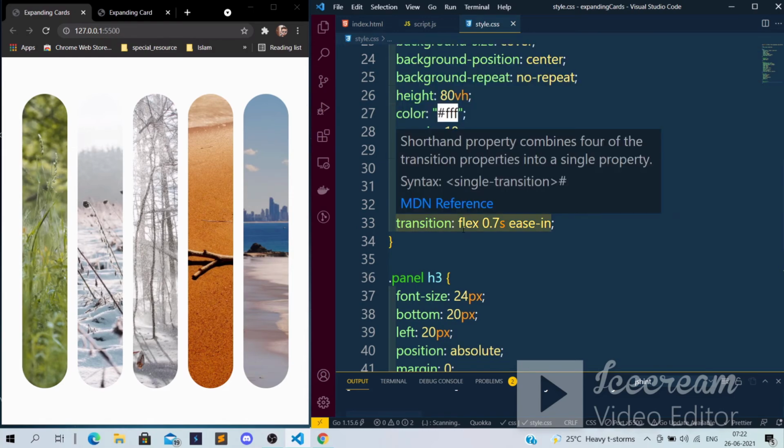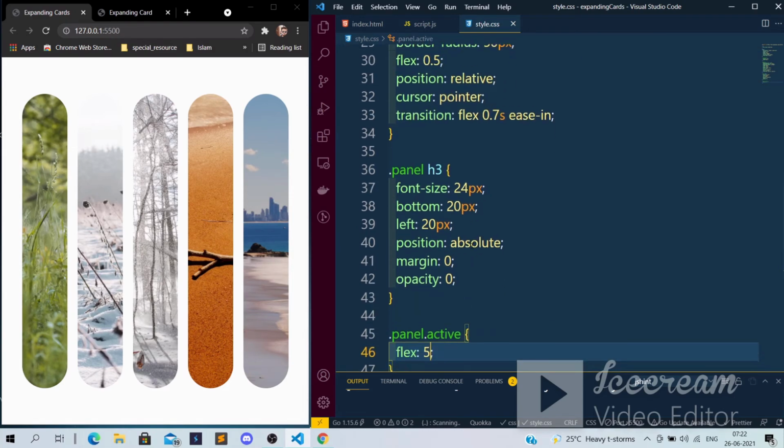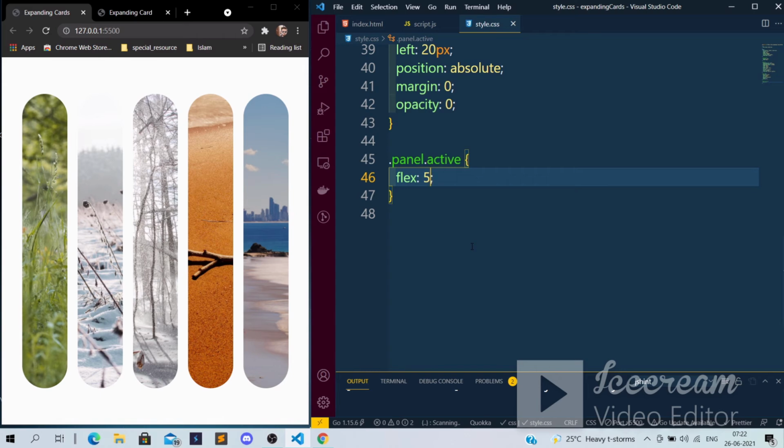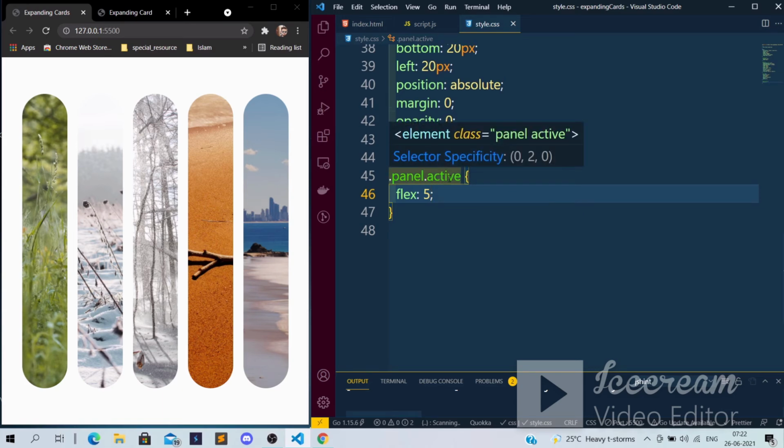So after clicking on cards, how can we show we have clicked these cards? If we click the card, then that panel will have the active class. If the panel has the active class, I just want to increase the flex. It will expand the cards from 0.5 to 5.